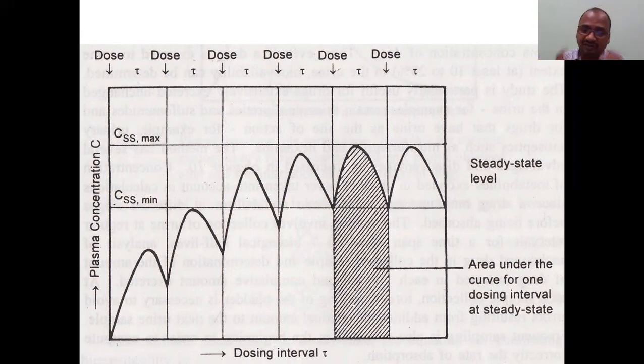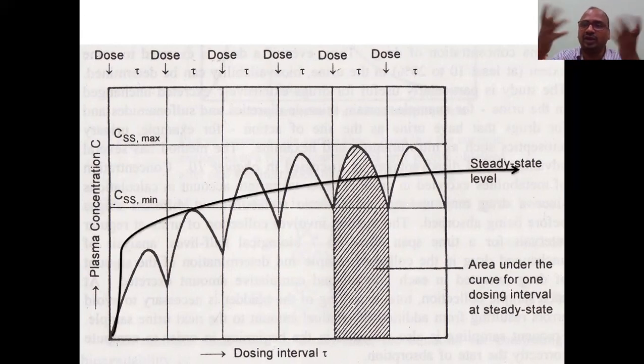See, instead of that, you can also design a single tablet like that. A high load can be put. See here, only one tablet at a time, you have given one dose. That's it. You didn't give another dose. The drug is releasing slowly, slowly, slowly. The drug will be there in the GIT for 24 hours only. After 24 hours, the tablet will not reside there. It will come out with the fecal matter.